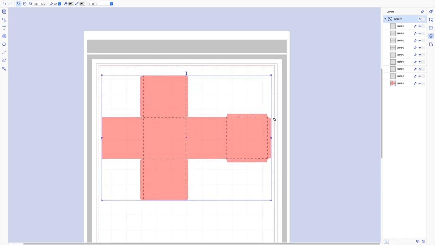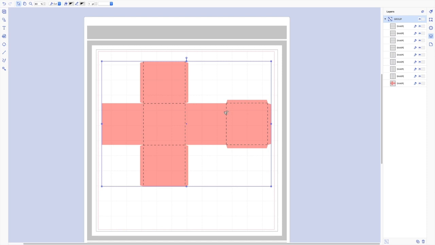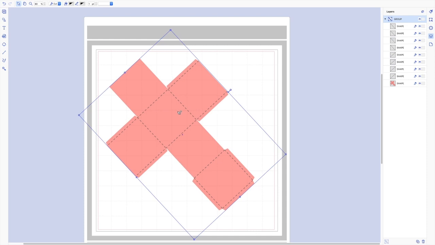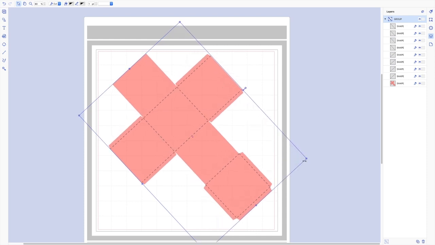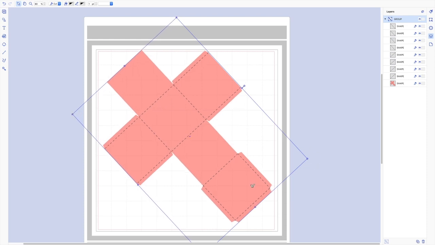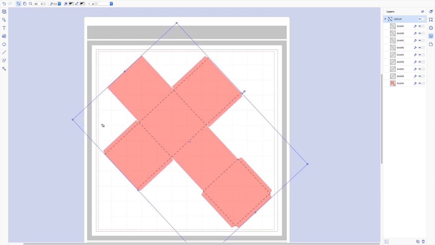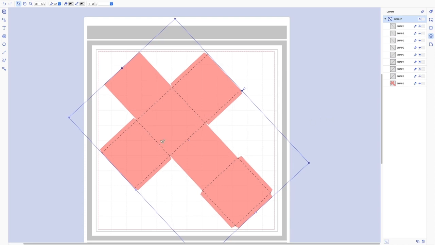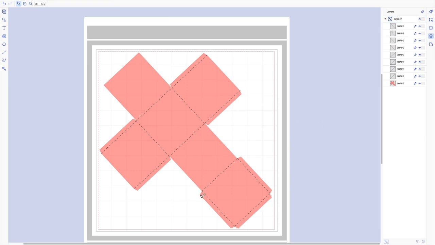So if you're not happy with how big this is and you wanted it to be bigger, you could use the 12 by 24 mat, but also if you rotate it, you can potentially make it slightly larger because when it cuts on this angle, there's a little bit more space given the way that it is shaped, like so. So now you actually can get a box that's a little bit bigger than that 2.75 inside measurement that we had. But all I need to do now is send this over to my cutter and cut out my fabulous